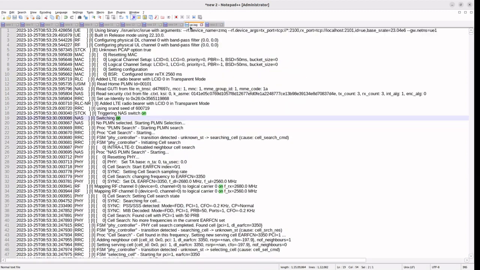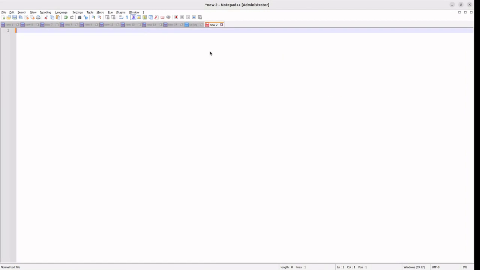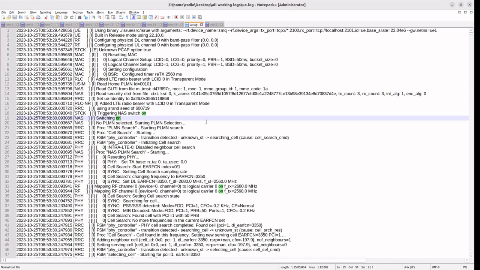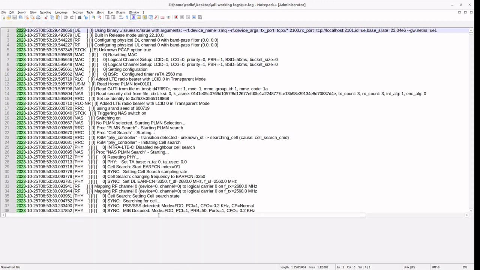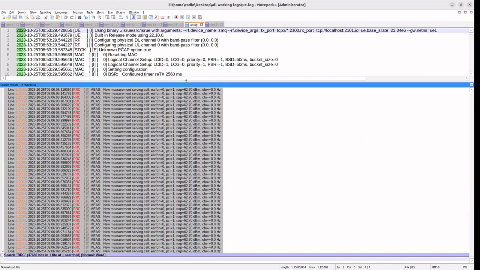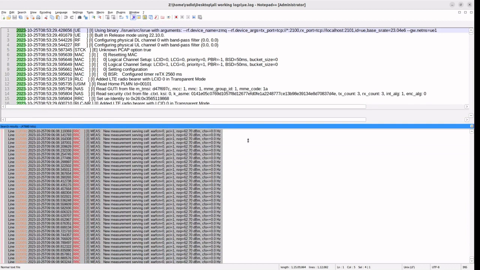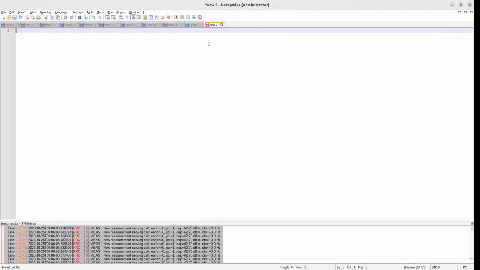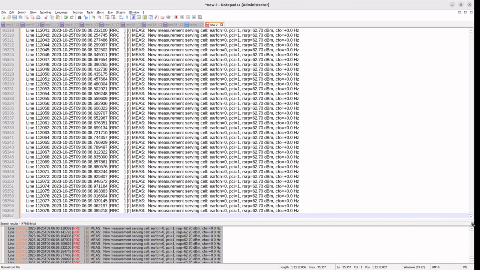Okay, so I'm just taking the filter of the RRC to understand. This is the whole set of UE logs, as we have seen in the previous video as well. Here I'm just trying to filter the RRC. Control F. Okay, now you can see I'm taking only the RRC related logs in a separate page to understand better about it. We'll come back again with respect to the timestamp and try to see the correlation,